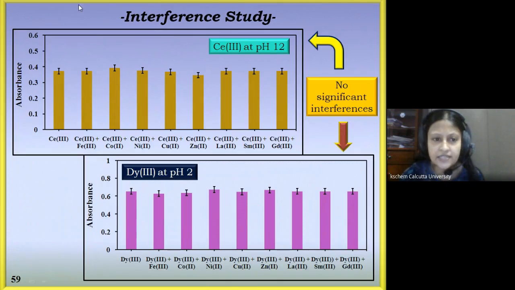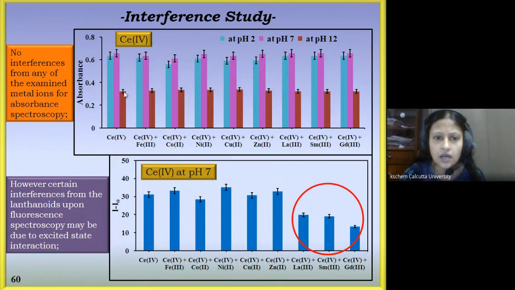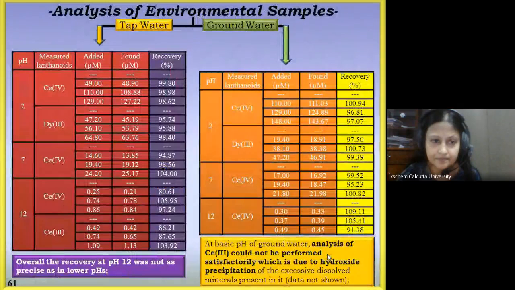Studying the interference, we can see that from absorption spectroscopy, there was no observable interference for cerium-3 sensing, nor for dysprosium-3 sensing at pH 2. Only for fluorescence spectral sensing could we observe interference from lanthanum, samarium, and gadolinium, which is quite obvious because the fluorescence spectrum is studied at the excited state. We have done the environmental sample analysis for tap water and groundwater and could find appreciable recovery percent in both